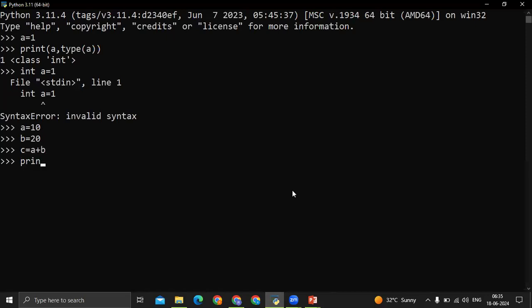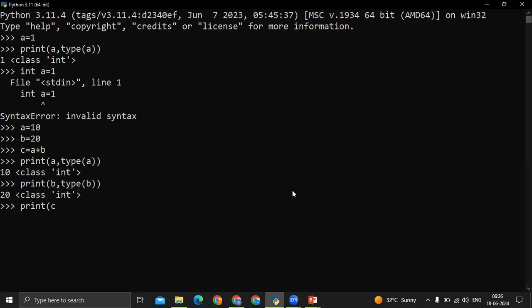Now, if I write print type of A, it is int. Now print type of B, twenty.